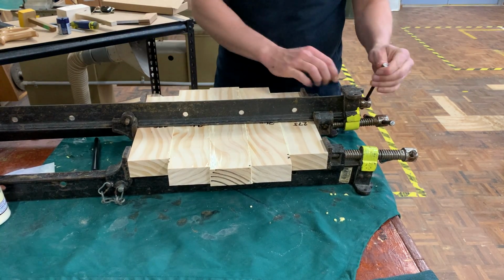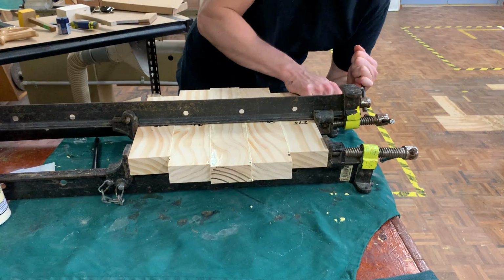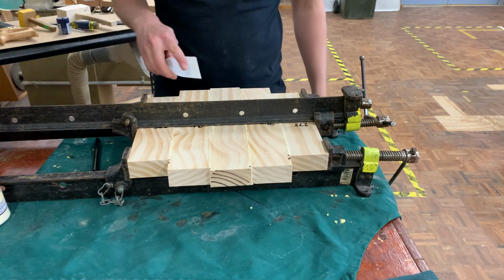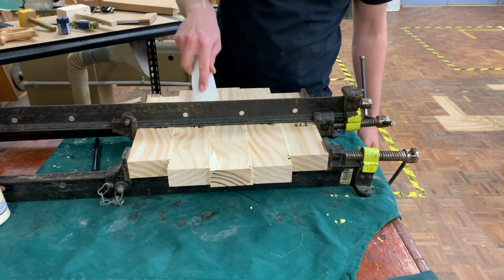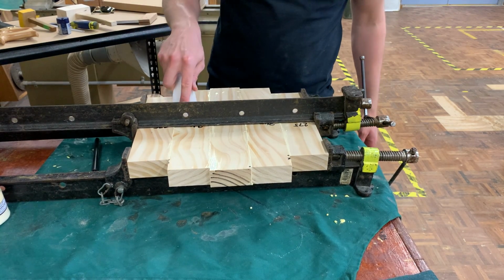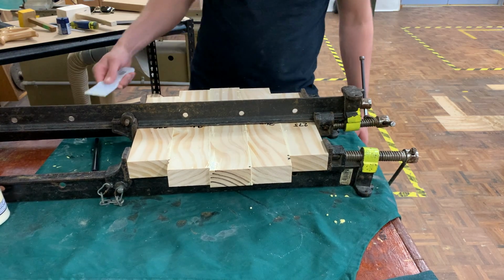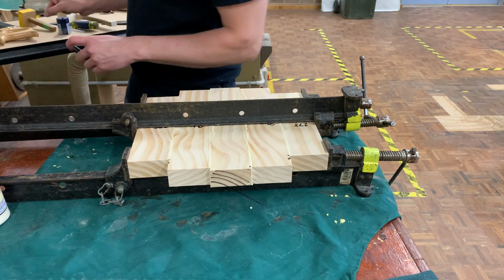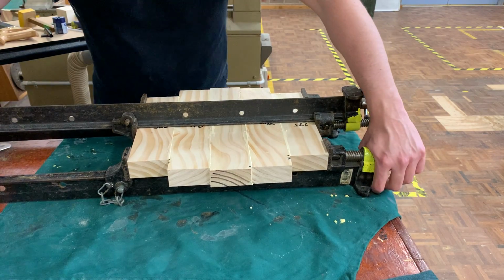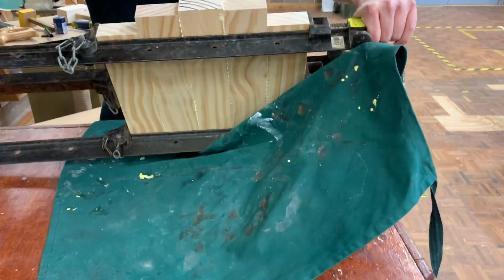Add a bit of pressure, you'll notice a bit more glue comes out because it's changing some of that directional pull. Now you don't need to absolutely smash it to get it super tight, but it is handy to come through and get it fairly tight. What we're going to do now is, sometimes you're able to do this with a job, sometimes you're not, I like to pick this up,